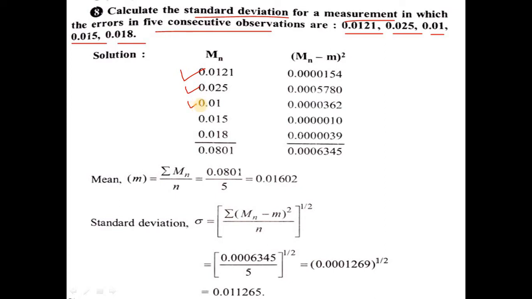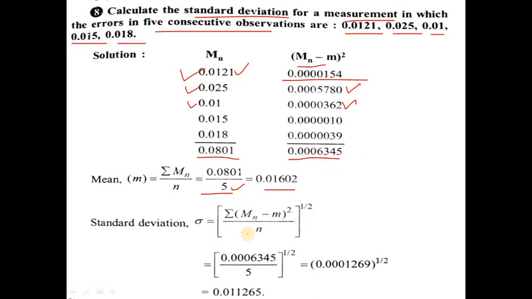First we calculate the mean of all the values by taking summations, that is, the summation is 0.0801 divided by 5, then the mean is 0.01602. Then we calculate the (Mn minus M) square value for each observation, that is 0.0121 minus 0.01602, and after squaring this we get this answer. We take all of these and the summation is